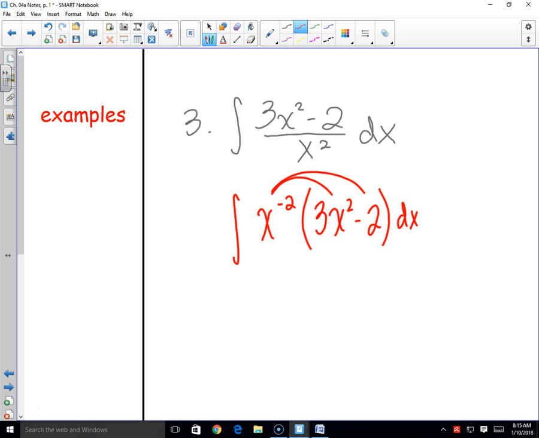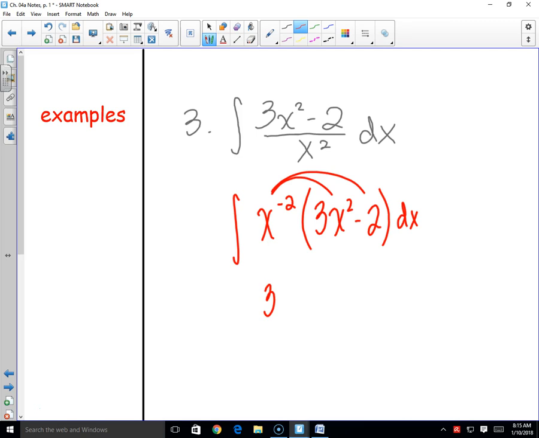and you're like, hey, that's really nice because now I have a 3. Remind me real quick, what's the property that lets me do like bases? When multiplication, what do I do with the exponents? You add the exponents. Good. And so negative 2 plus 2 would just be 0,